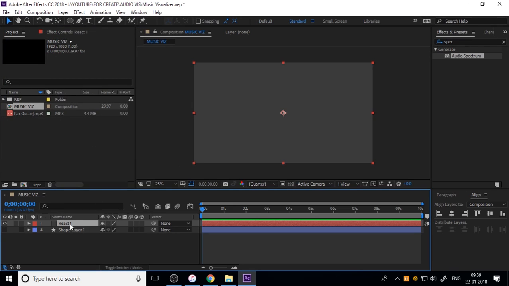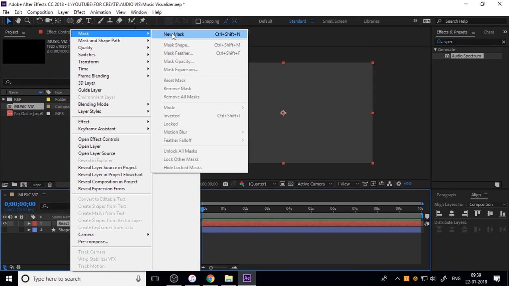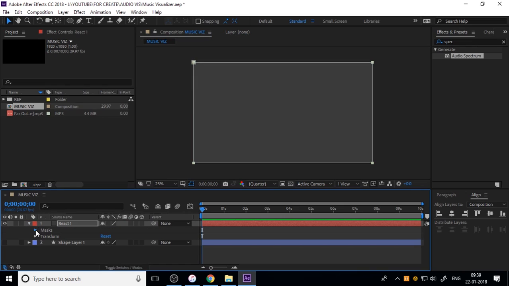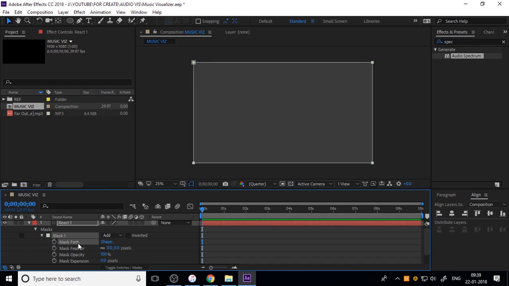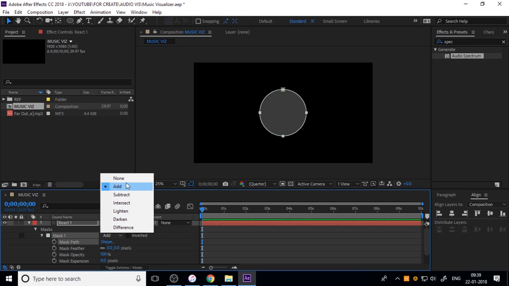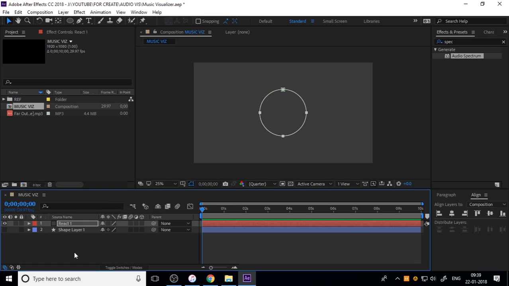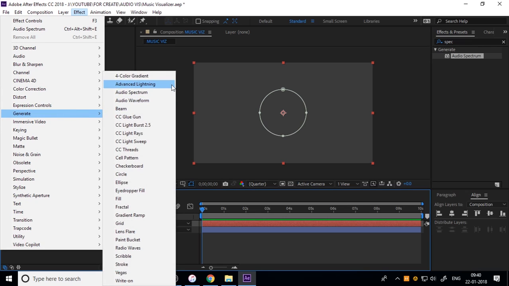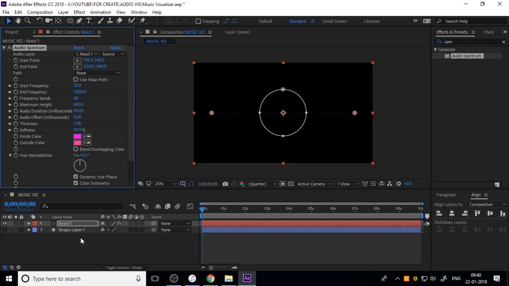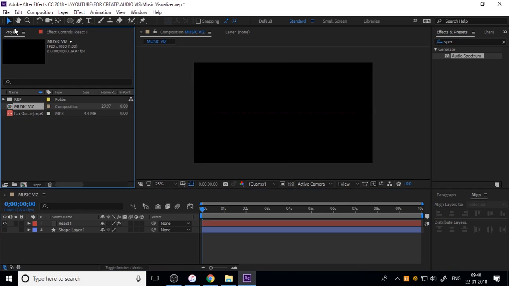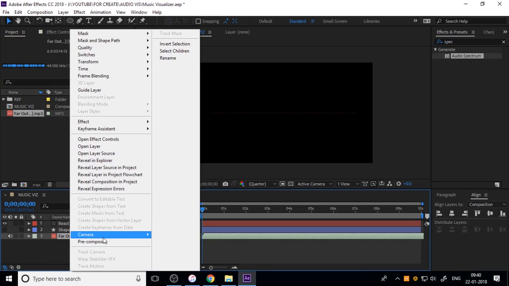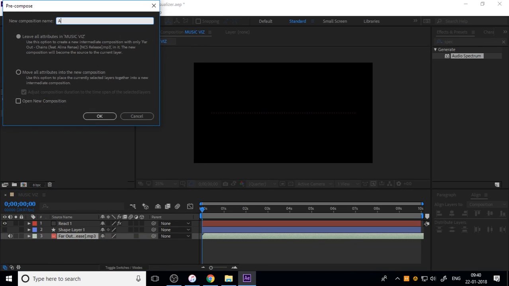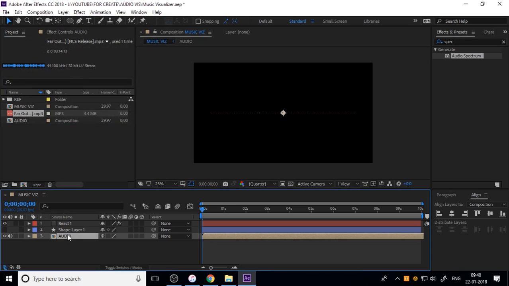and name it the react one, and add a new mask. Then go to Mask, Mask 1, Mask Path, then Control V to paste the shape we copied before, and set the mask to None. Then you need to go to Generate and apply the Audio Spectrum, and you just copy the audio into the composition and pre-compose this audio,